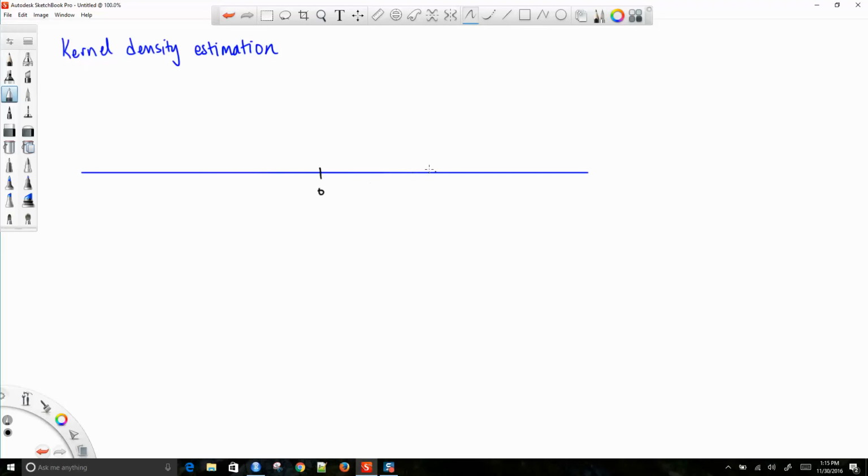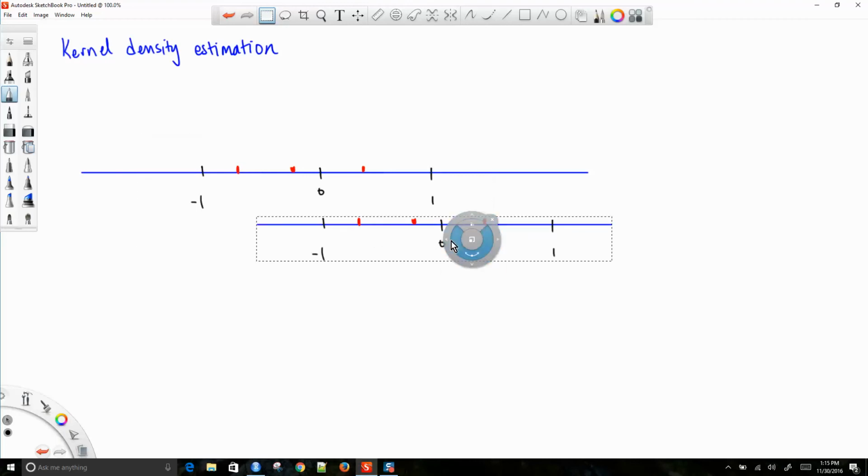We'll say here's 0, and here's 1, and here's -1, and whatnot, right? And so as we draw data points from our norm, here's a sample of 3 data points, okay? And I'm going to just mark this on the number line. Now, if I were to create a histogram here, my histogram would put bars where